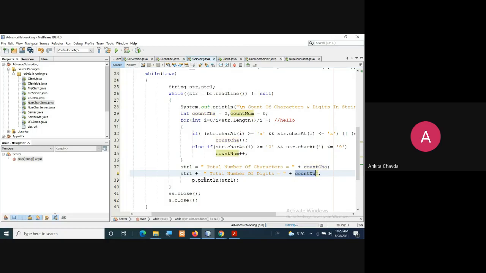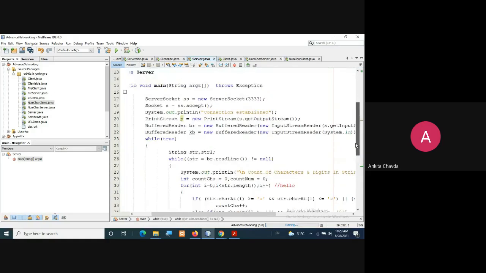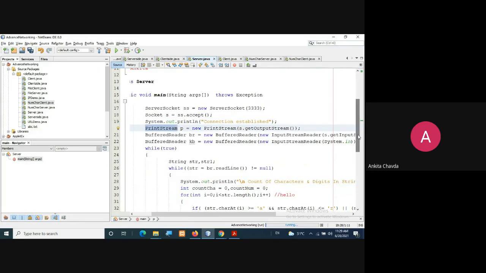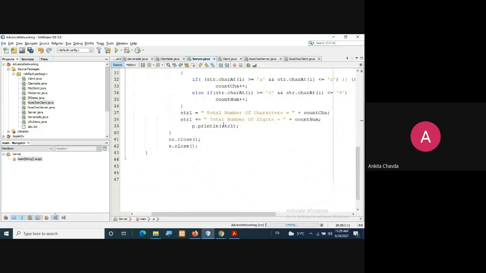Finally you are printing this via P. So this P is an object of the PrintStream class. So you are writing via that P dot println(str1). Now your data is on the output stream, and you are finally closing this connection.